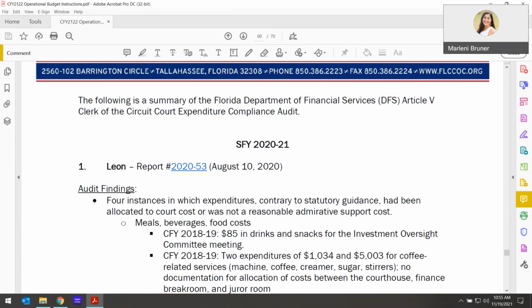They're still going to look at your revenues and expenditures, but they're not going to go into their full detailed audit that they would normally do. They are still remotely working, and so they're going to be doing many of those as desk audits and just a lot of communication through email and by phone. So if you have any questions as that process comes up, if you go to the DFS website, I've included the link